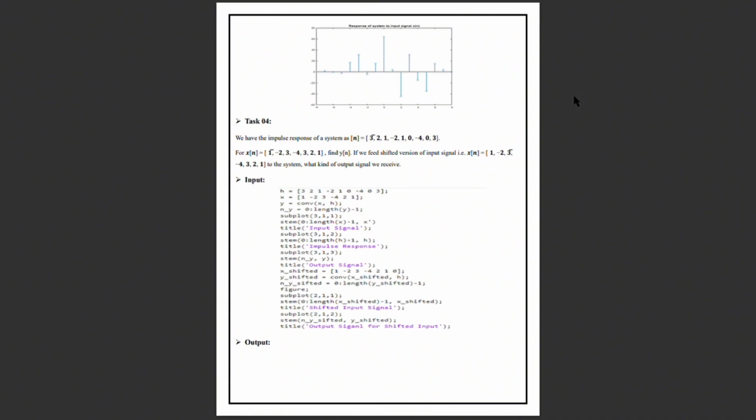To find the output signal y we will use the convolution operation, which denotes the impulse response as hn and the input signal as xn, and then the output signal yn can be computed as